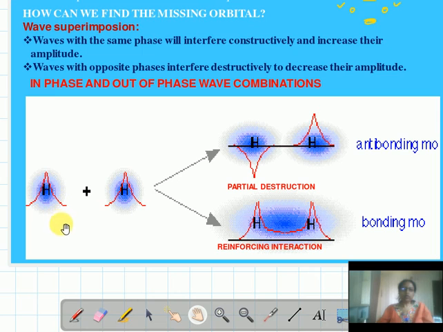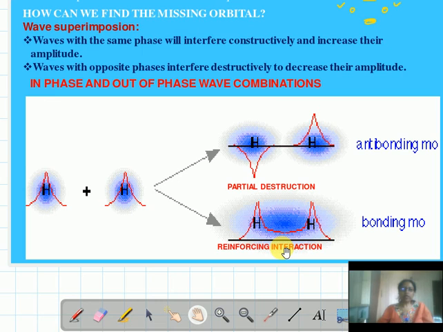Here you see two hydrogen atoms. They can combine in out of phase combination and in phase combination. Here this one is actually the out of phase combination, and this one is basically the in phase combination. Waves with the same phase will interfere constructively